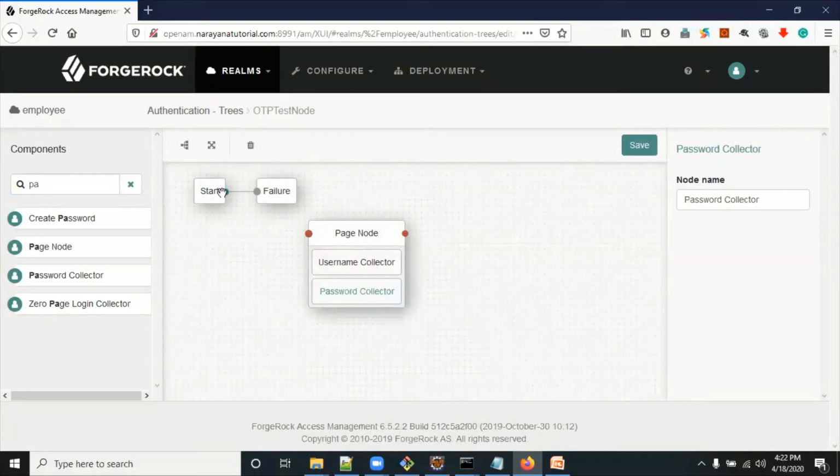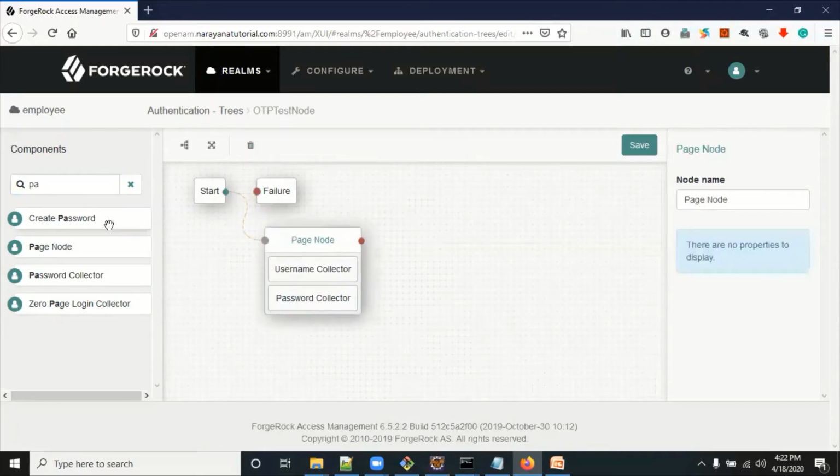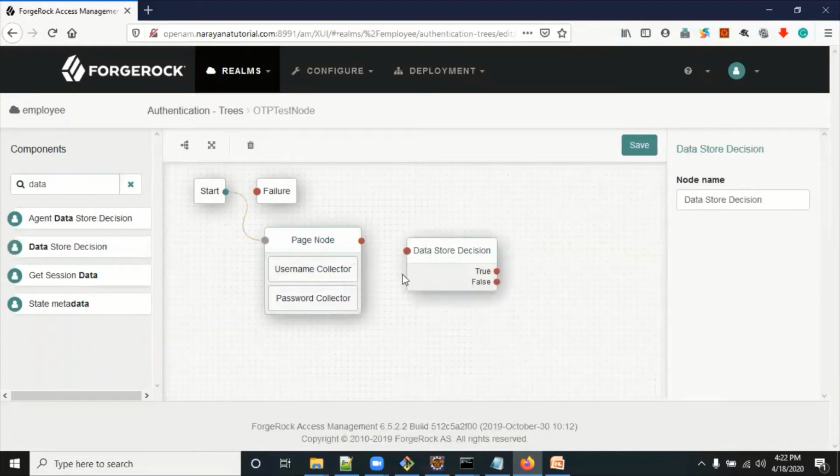So start with the page node. And we have to take a data store decision because once we have the credentials, you have to point to the data store decision to authenticate. After authentication, what is the next step? We can use OTP.